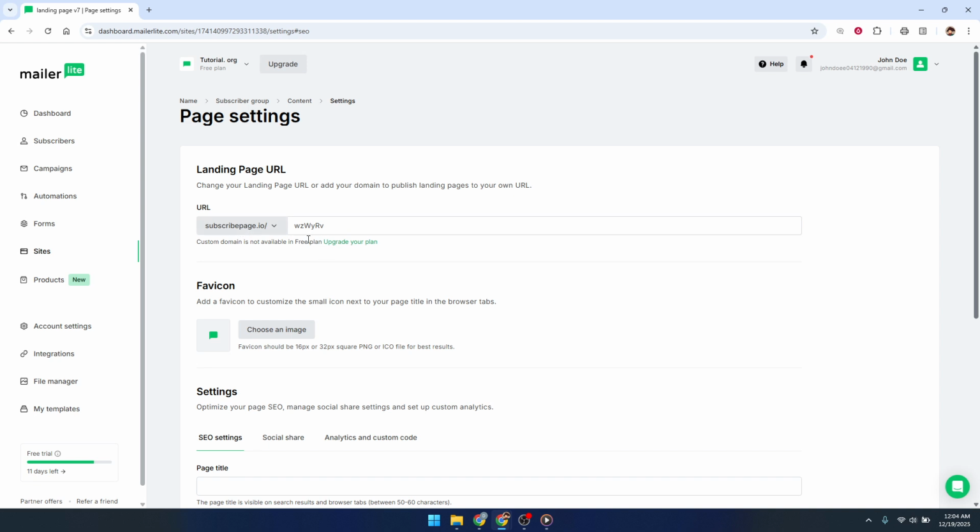You can post it on social media, include it in your emails, add it to your website, or place it anywhere else you want to drive traffic and collect